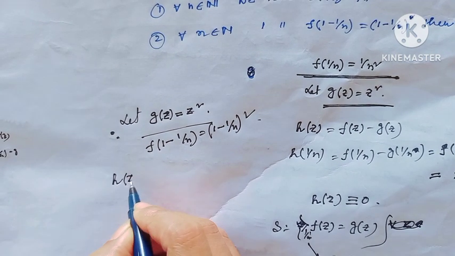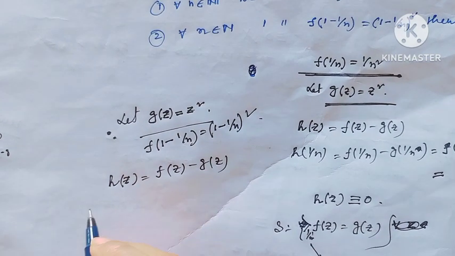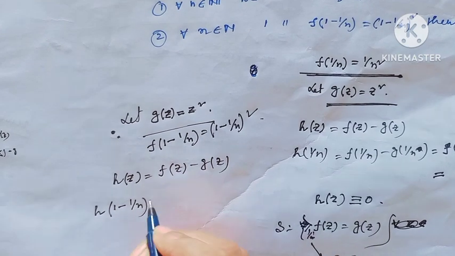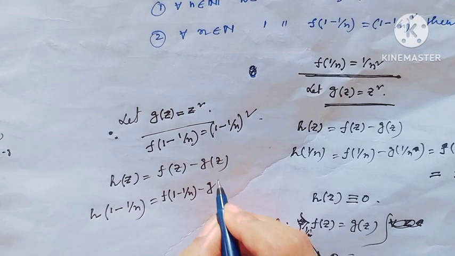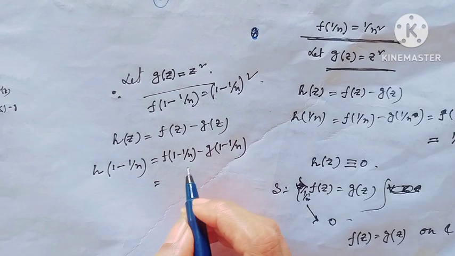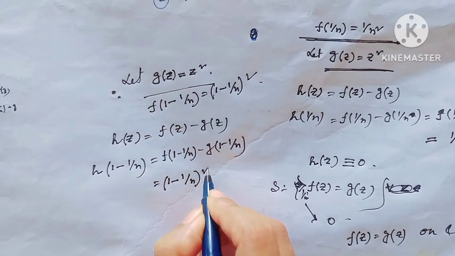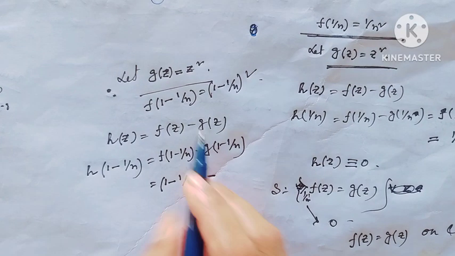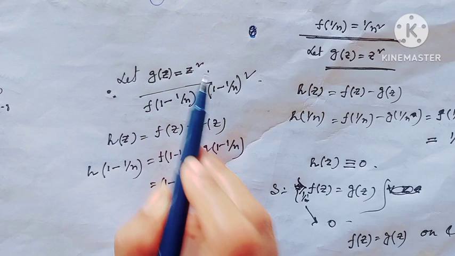Then consider h(z) equal to f(z) minus g(z). Then h of 1 minus 1 over n equal to f of 1 minus 1 over n minus g of 1 minus 1 over n. And f of 1 minus 1 over n means 1 minus 1 over n whole square, and g of 1 minus 1 over n means, since g(z) equal to z square,